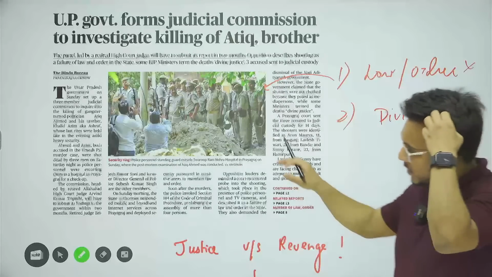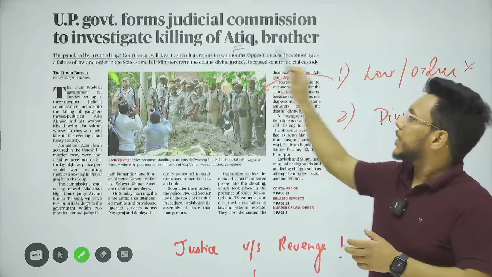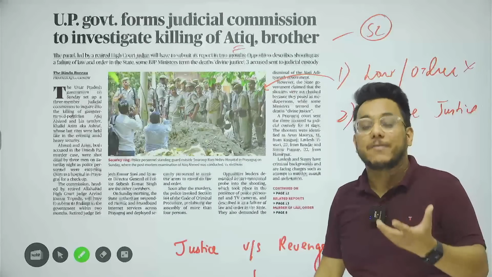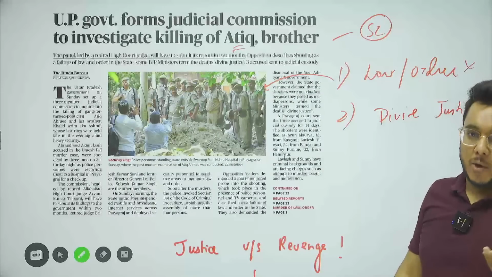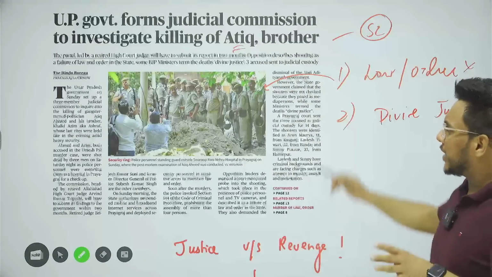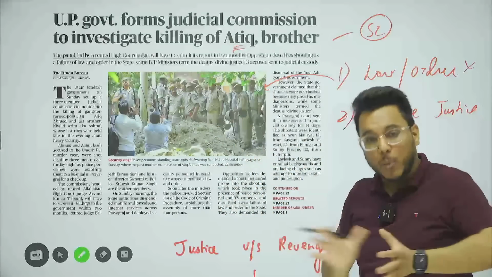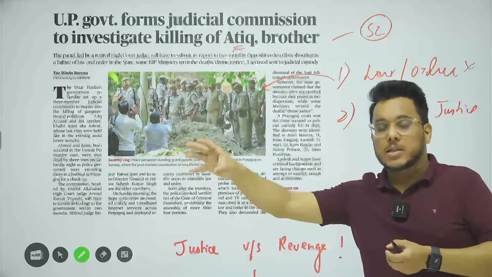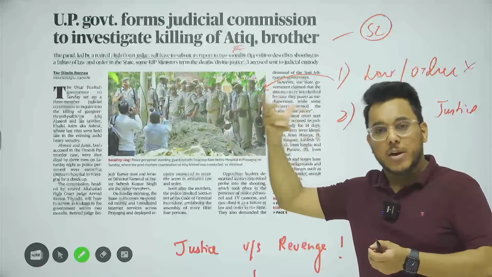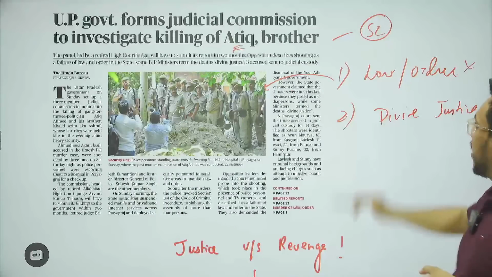Why? As it is also being said that 1 week back, Atiq Ahmad approached the Supreme Court and said that my life is under threat and please give me more security, but it was not given. So it has been said that there are credible reports that Atiq Ahmad's life was threatened, but why was he still not given proper security? Why were the media personnel allowed to come so close to him? Because the shooters also impersonated themselves as media persons. So it is being said that it is a failure of law and order.